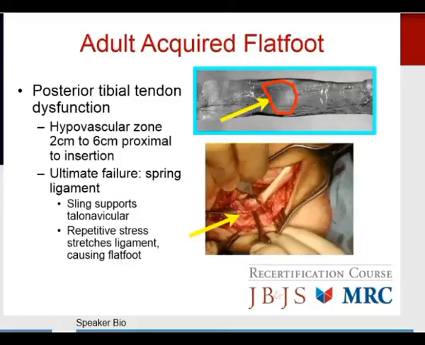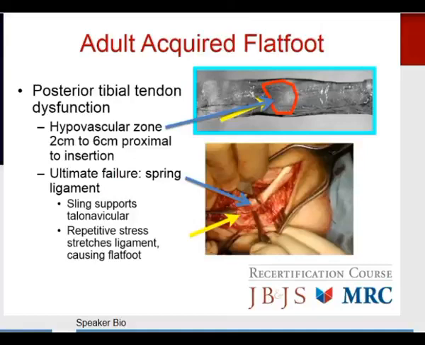That occurs right where that tendon courses behind the medial malleolus, and the repetitive friction can create irritation of that tendon over time. We know, however, that the ultimate failure is the spring ligament. You can cut the posterior tib and let the patient walk, and they don't immediately develop a flat foot deformity because of it. It's that repetitive stress on the spring ligament that eventually creates that flat foot deformity progression and subsequently causes the deformity to go into abduction and rotation into the deformity we're used to seeing in those patients